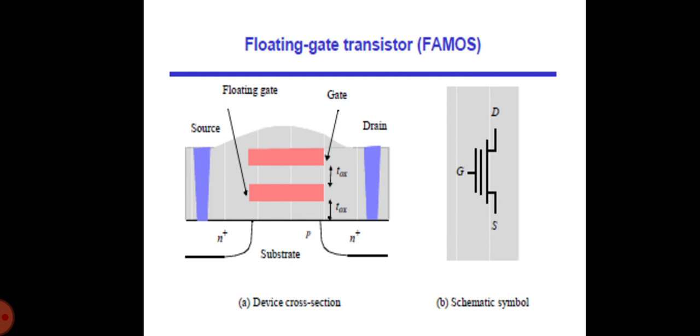Applying a high voltage between the source and drain terminals creates a high electric field and causes avalanche injection to occur. Electrons acquire sufficient energy to become hot and traverse through the first oxide insulator so that they get trapped on the floating gate. This phenomenon can occur with oxides as thick as 100 nanometers, which makes it relatively easy to fabricate the device. In reference to the programming mechanism, the floating gate transistor is often called the floating gate avalanche injection MOS, and the trapping of electrons on the floating gate effectively raises the threshold voltage of that gate.